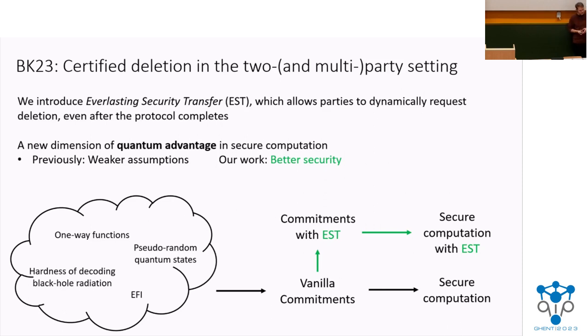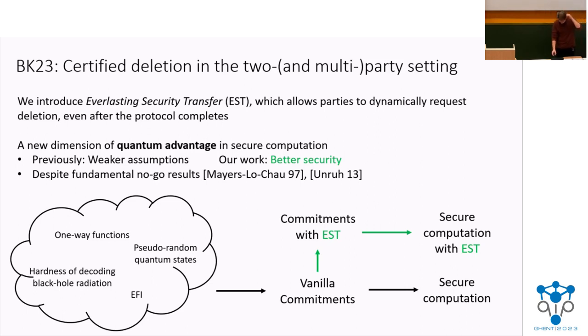from the same assumptions. And this says, despite really fundamental no-go results that show you can't do statistically secure commitments, so you can't do everlasting secure MPC, we show that there is a definition of security that's better than what you can obtain classically in these settings, that goes right up to these no-go results, but of course doesn't violate them. And yeah, I'll pass it off to Bhaskar.